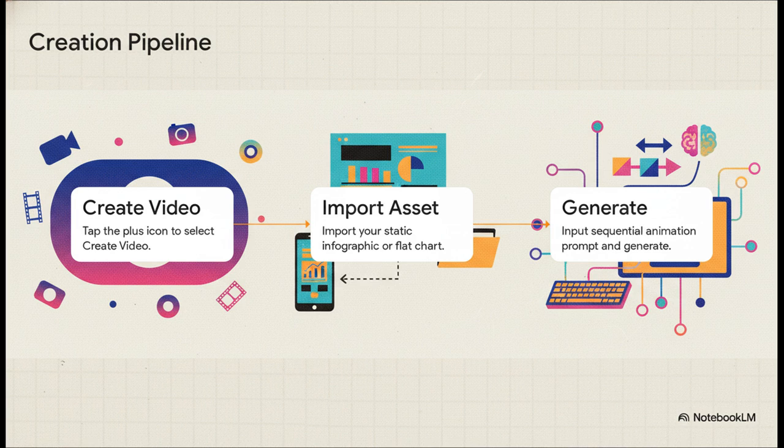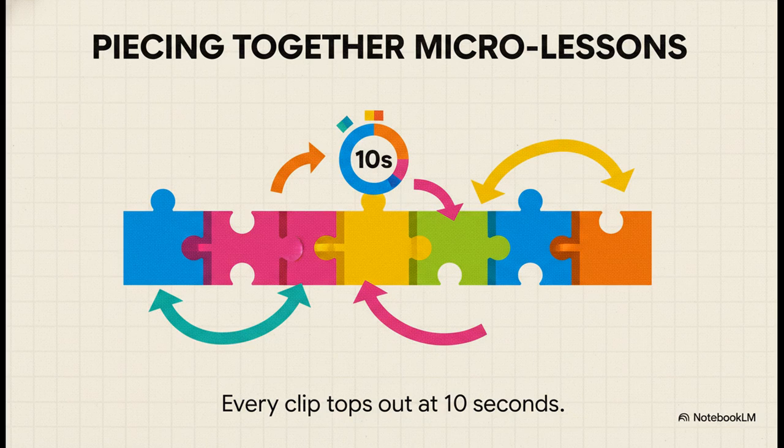That's the whole shebang. Now, just a quick heads up as you're planning your lessons. Google's current deployment reality means every single generated video clip is limited to exactly 10 seconds. It's not a fundamental constraint of the model itself, but it is the limit of the system as it's deployed today. So think in terms of microlessons, short data reveals, or just piecing together a few 10-second clips to build